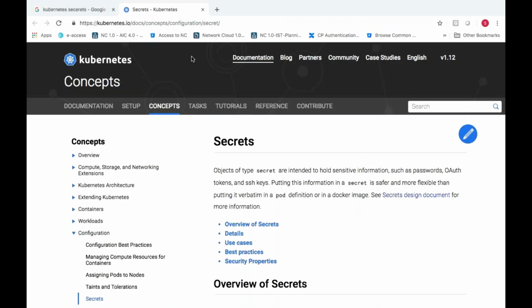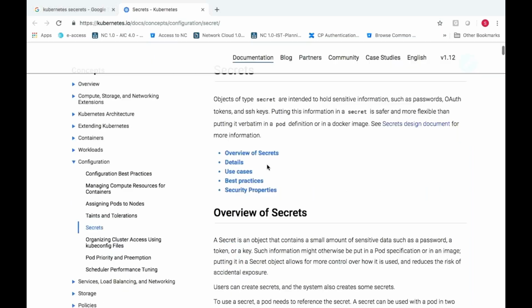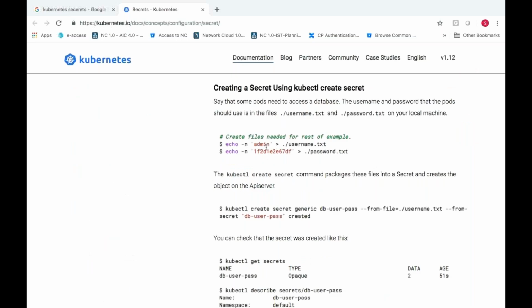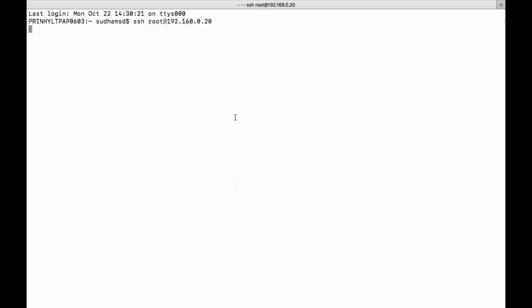So the secrets are like sensitive information which will be stored in order to protect your objects in Kubernetes. Okay. So here he is trying to do some experiment, like he is trying to store some information like admin username and password in some particular files. And he is trying to create a secret of this by using this particular file. Okay, so let us see. We'll go from basic to the high end level.